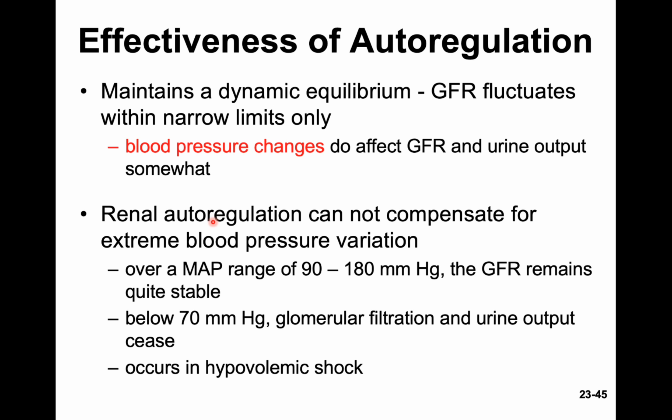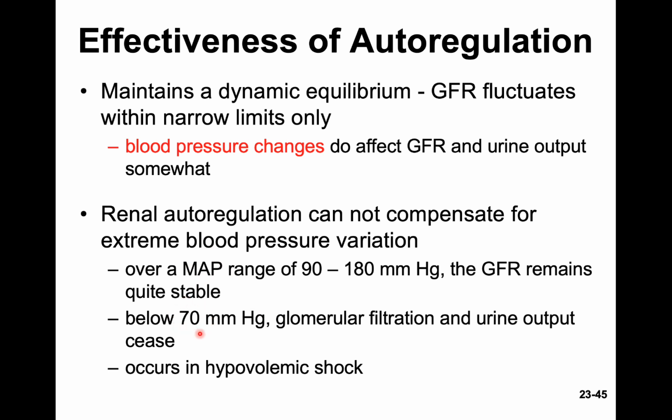Your mean arterial pressure drops below 70. So normally it should be around 120. Okay, if you're at 110, if you're at about 100, no one's going to freak out, no one's going to panic. But if you're anywhere below 70 mmHg of systolic pressure or mean arterial pressure, that's a very, very bad